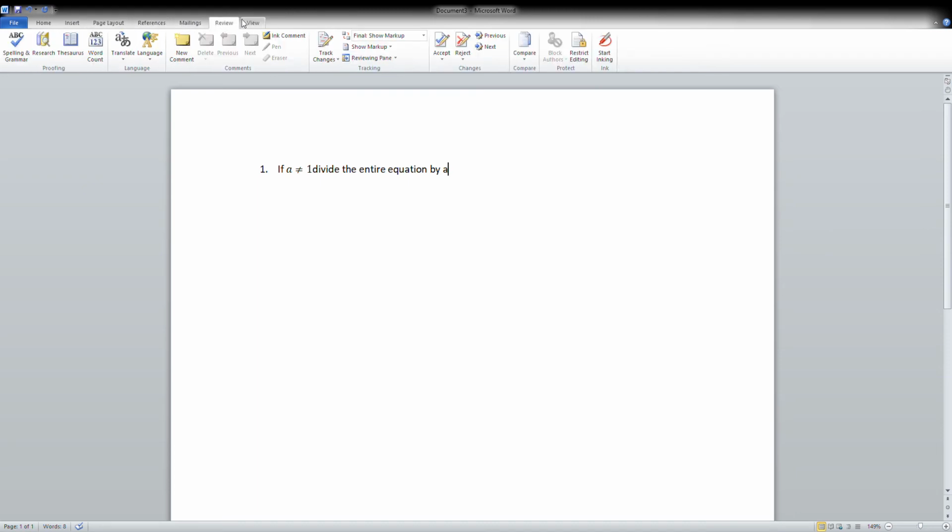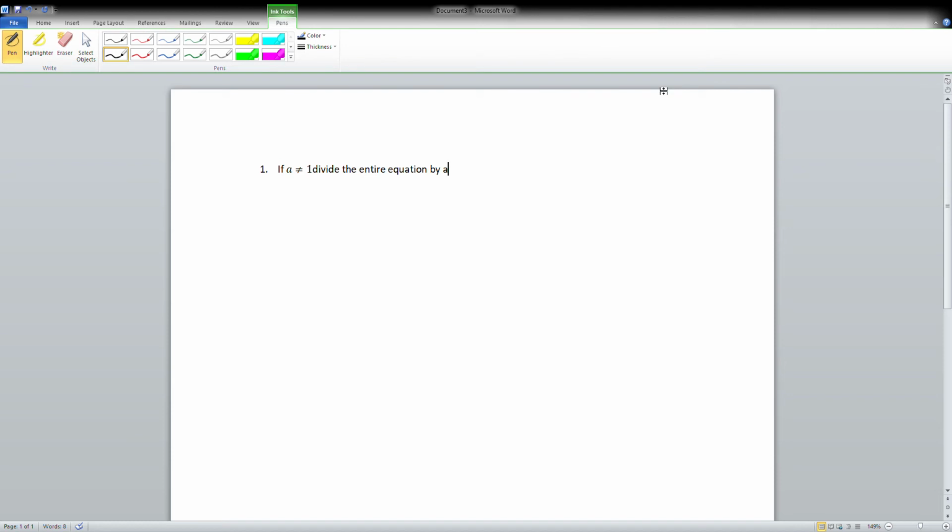Let me write down a problem and we will do this kind of as we go. So let's say they have given me a problem: x squared minus 4x minus 14 equals 0. And I'm going to be solving this by our new method, completing the square. My lead coefficient is 1. So in this case, I don't have to divide. So I'm going to move straight to step 2, which is